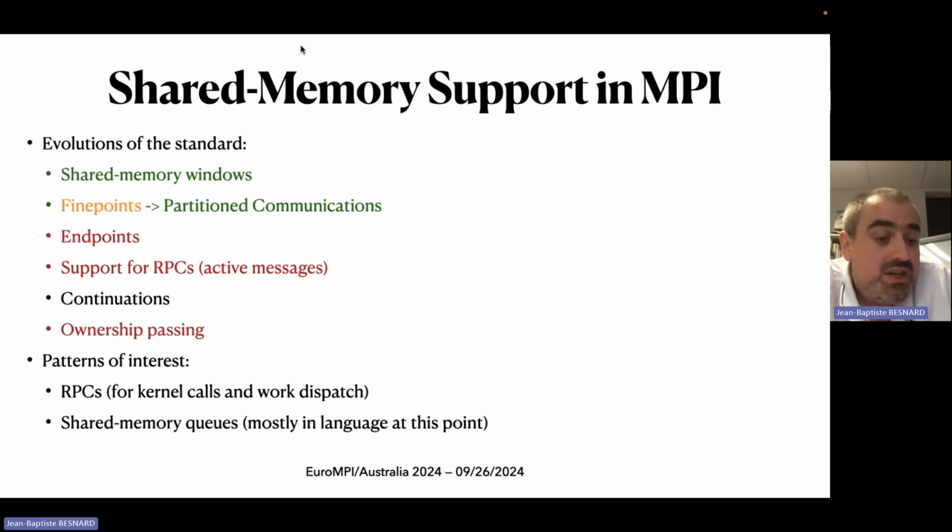Continuations are this idea for the completion of callbacks. So this is similar. And ownership passing was the fact of, instead of sending messages, sending their pointer, which is something achievable naturally in shared memory, but it was not retained because of the data type support. So overall, in this world of MPI in shared memory,